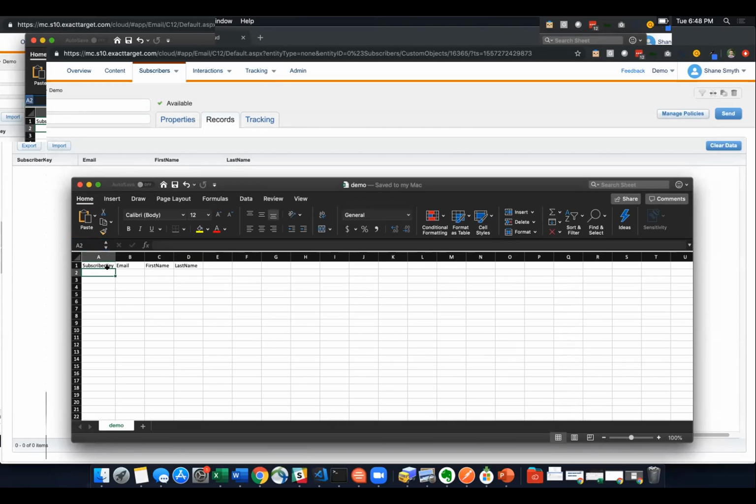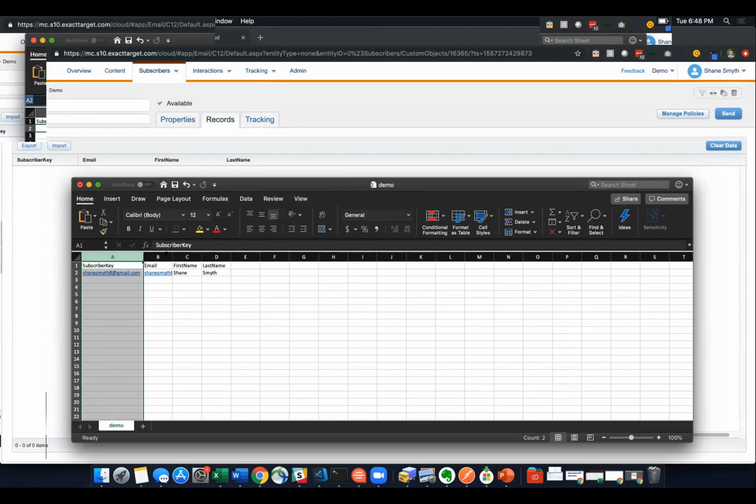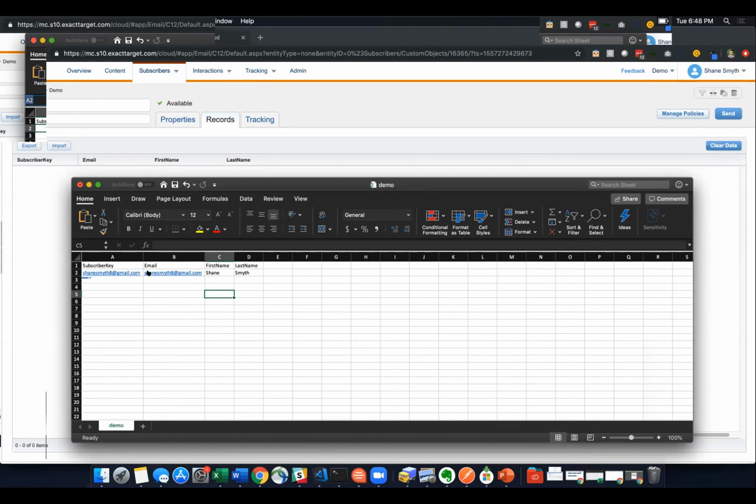So what I'm going to do is enter my email address. Okay, so you can see this is a good example of how our subscriber key and email address are the same. This, however, does not need to be the case. We could have this value be 1, 2, 3, 4. If you have Salesforce as your CRM system, this subscriber key will actually be the 18-digit ID that is either your lead or contact record. That's getting into the more advanced topics, but just know that this is a part